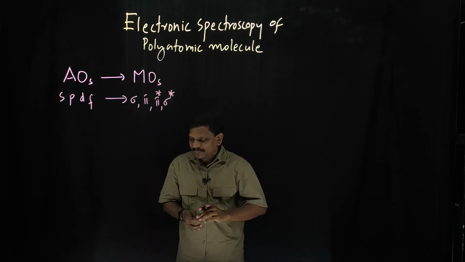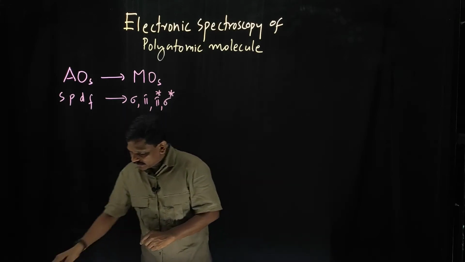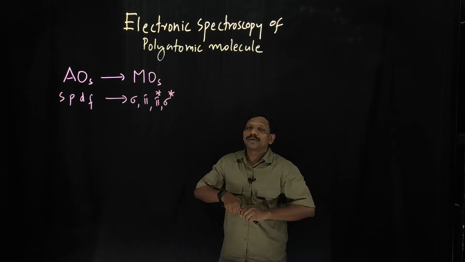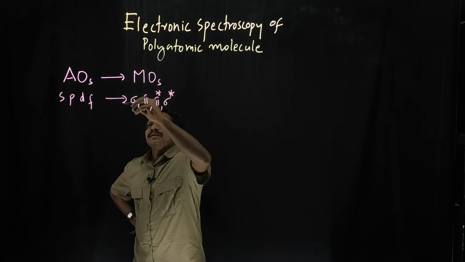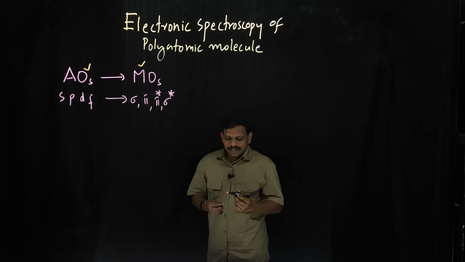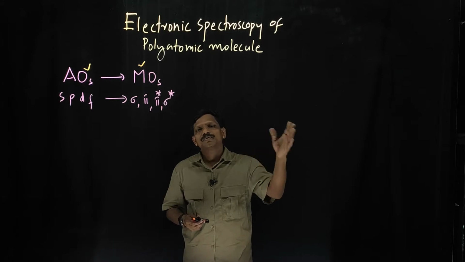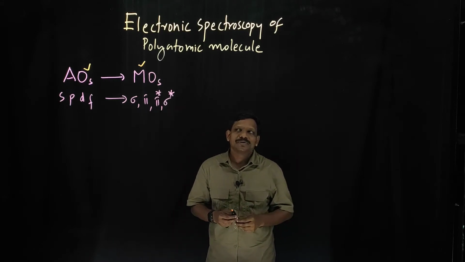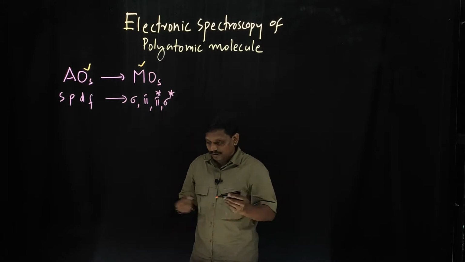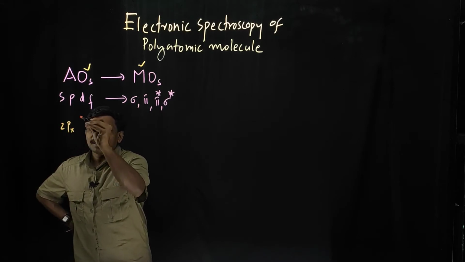So it's very fundamental information. Suppose I draw one bonding and anti-bonding. You may have studied the bonding and anti-bonding concept. Atomic orbitals combine to form molecular orbitals, and the number is also important. That means two atomic orbitals combine to form two molecular orbitals. The same number of atomic orbitals will form the same number of molecular orbitals. Let us take an example of the 2px